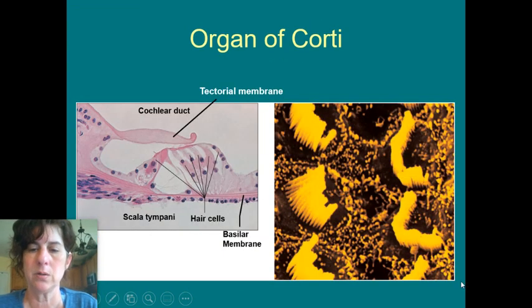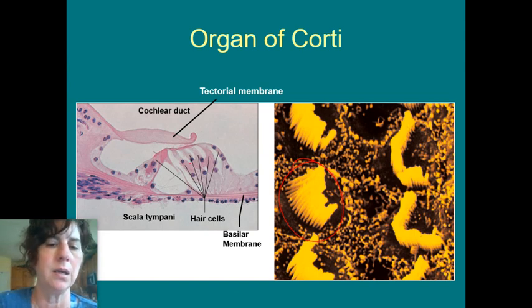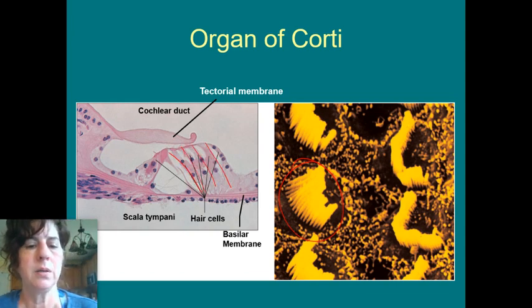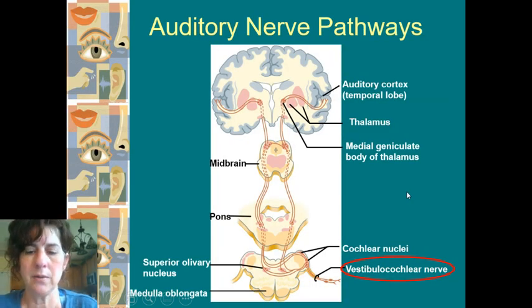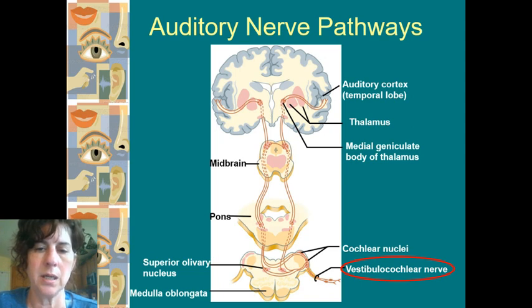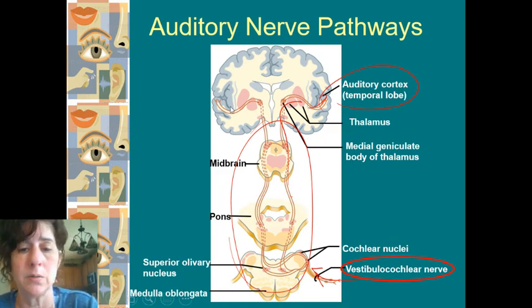Here's the organ of Corti. Here are the little hair cells. So there are pictures of the hair cells. Those are healthy. That's what they should look like, nice and standing up like that. Here are the cells in cross section. So once we get it from the organ of Corti and the cochlea, it's sent along the vestibulocochlear nerve, that's one of your cranial nerves, and it's going to go through the brainstem right here, midbrain, pons, and then that gets directed to the auditory cortex eventually so that you can interpret that sound.